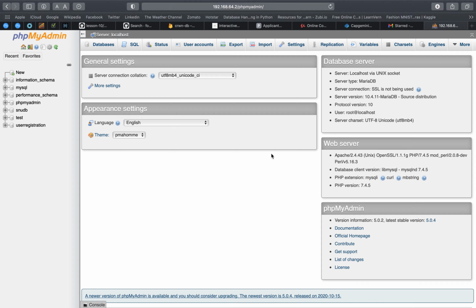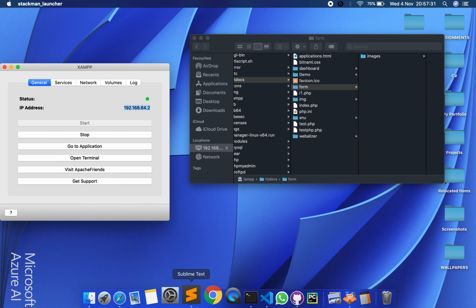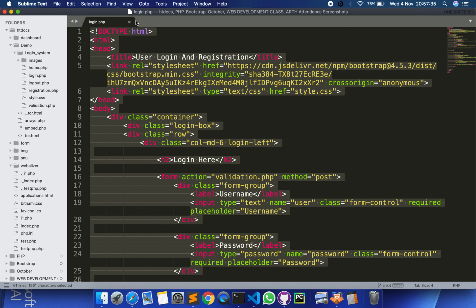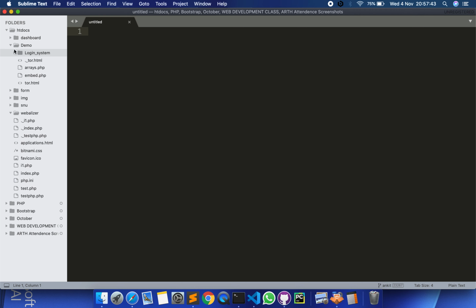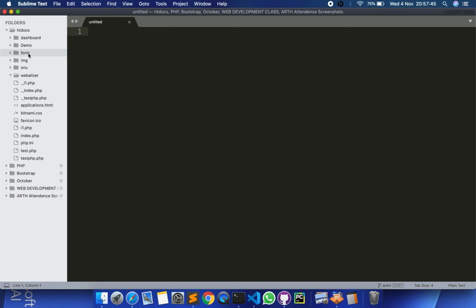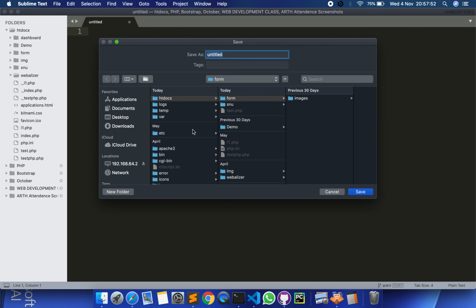I won't be wasting much time on the HTML part. I have a coding snippet ready, which I'll be using here. On this form folder, I created a new file and first let's save it as login.php.